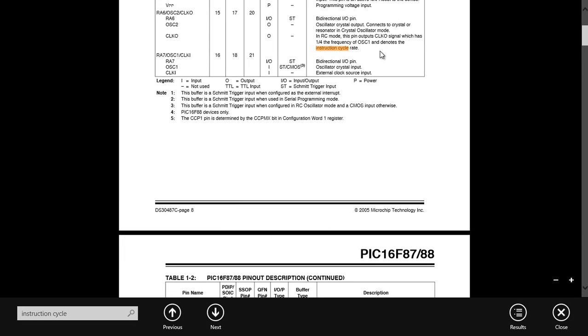Okay, so the 1/4 of the frequency oscillator, and this denotes the instruction cycle. So what that's basically saying is that whatever our oscillator frequency is, let's say our oscillator was 4 megahertz, that would mean that our instruction cycle would be 1 megahertz, and that means that every instruction would happen in 1